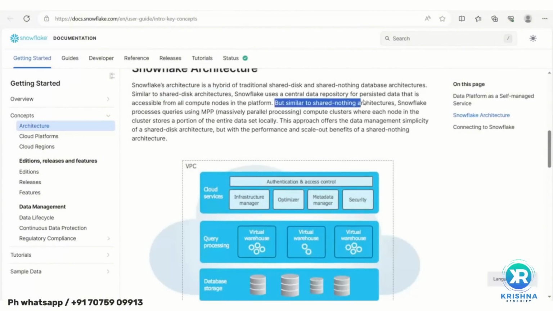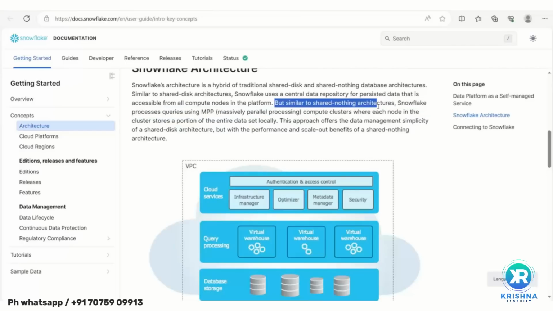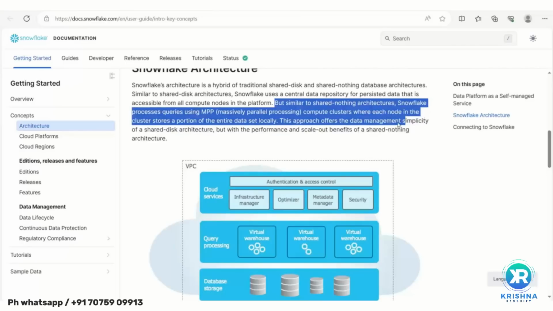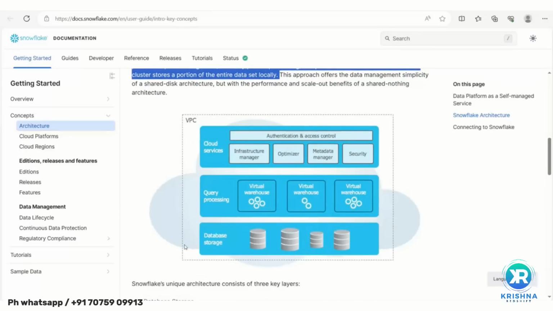And similar to shared nothing architecture, I already said shared nothing means MPP. See here, Snowflake processes queries using MPP, massively parallel processing compute clusters, where each node in the cluster stores a portion of the entire dataset locally. What is this MPP architecture? MPP architecture is known as shared nothing architecture. In shared nothing architecture, your data is physically stored on disk, right? So this is disk storage. Your physical data is stored, but